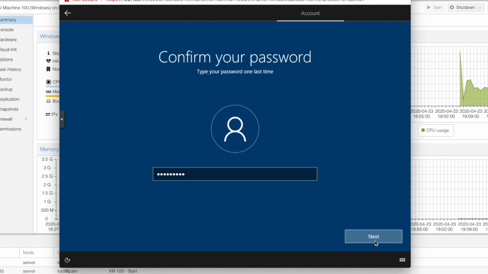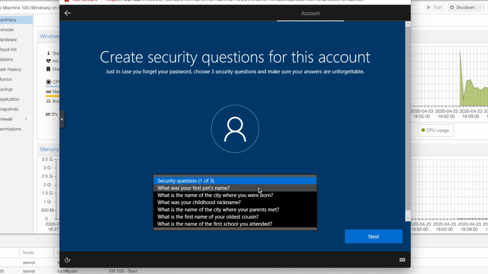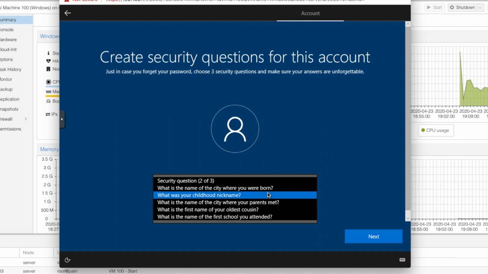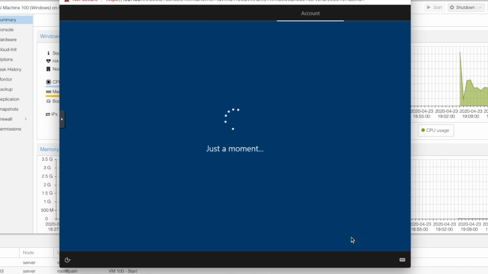Click on next. So from the latest version of Windows 10, it is asking you to enter the security questions if you have forgot the password. So you can answer any 3 questions, so that if you forget the password, you can reset it from your lock screen itself. This is a very handy feature which has been introduced in 1803 and later. So after you have completed the security questions, it will create the user account for you.